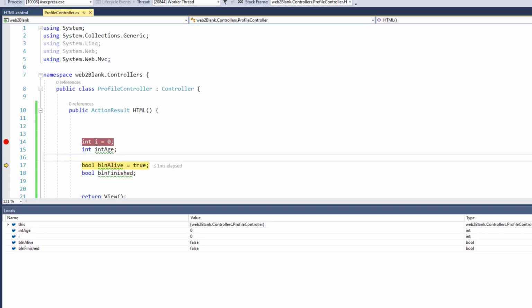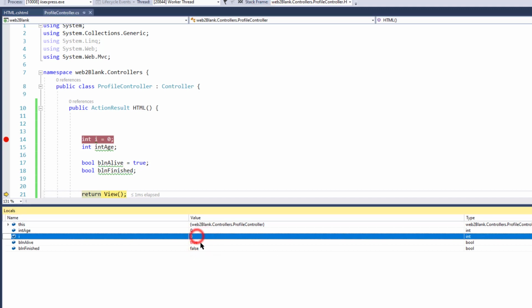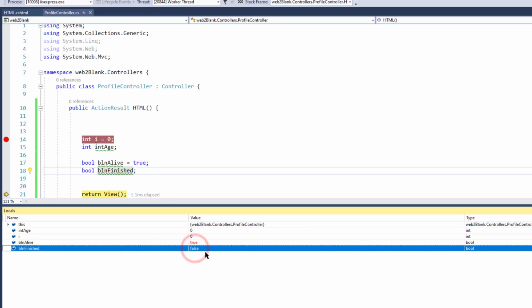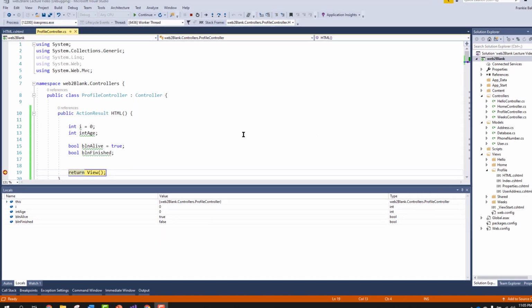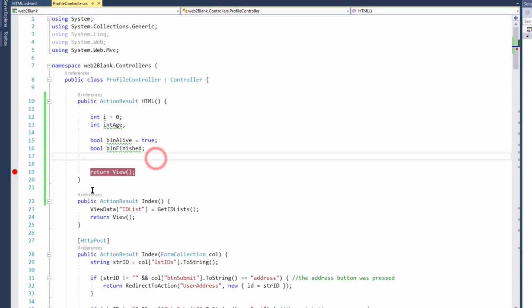So I'm going to do a step over, and now it's got a value of true, right? Now, again, it didn't break on Boolean finish because I'm not giving it a default value, but it still has one, right? It still has one. Okay, let's stop this from running. So now we're going to